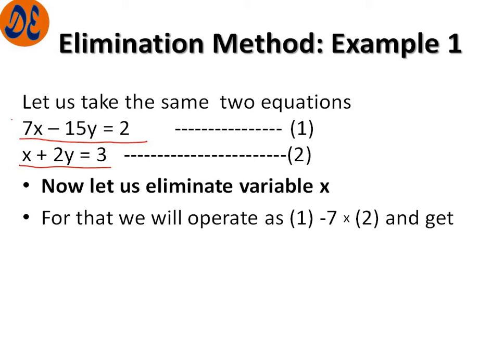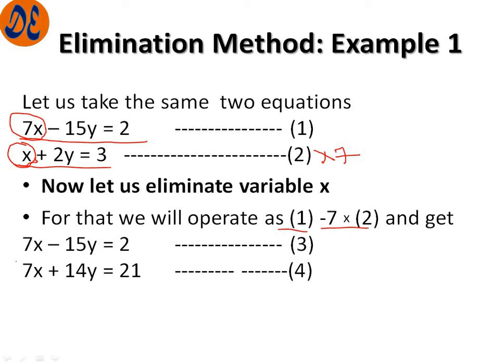Now for eliminating variable x from both the equations, we will have to make this particular x coefficient equal to this one. So if we make both the terms equal, then only both can be subtracted and then eliminated. So we will be multiplying the second equation by 7, and since the sign of both the coefficients is the same, we will subtract. So we are doing equation 1 minus 7 into equation 2. That means we are subtracting 7 multiplied by equation 2 from equation 1. So the equations will look like this.